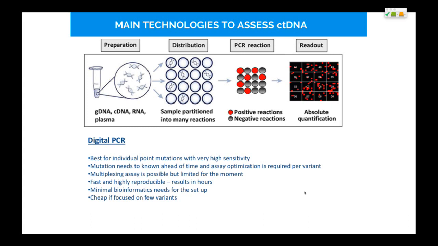You don't need a lot of bioinformatics, and it's very cheap if you focus on very few variants and always